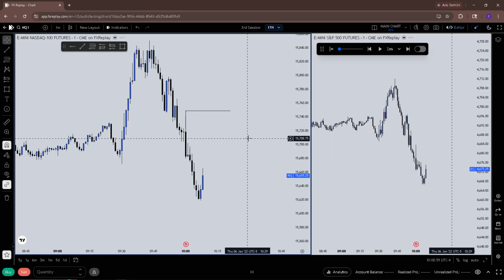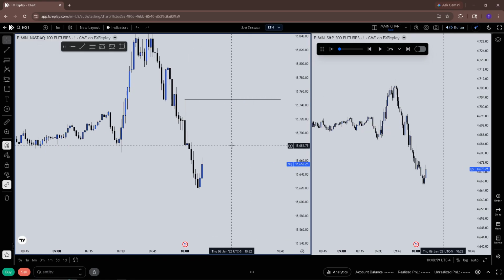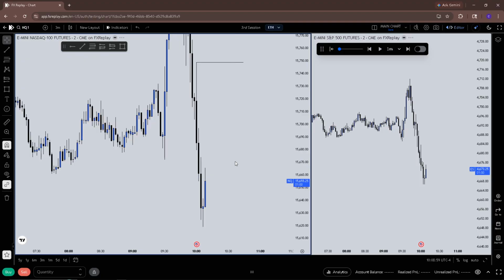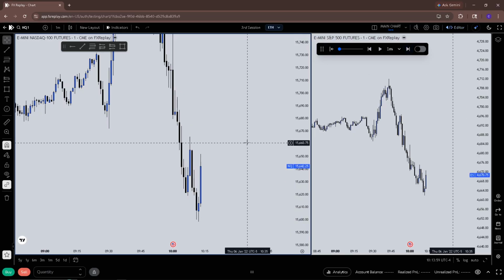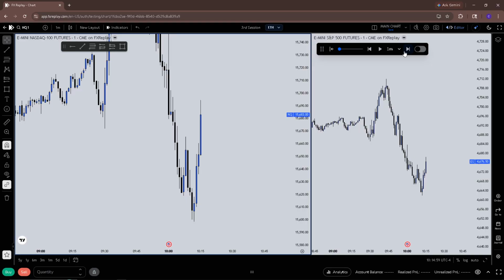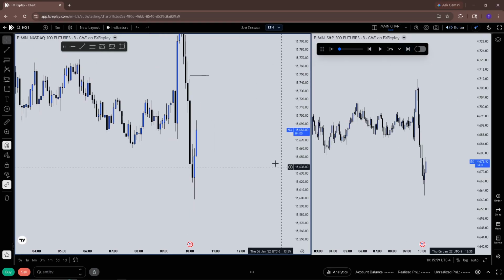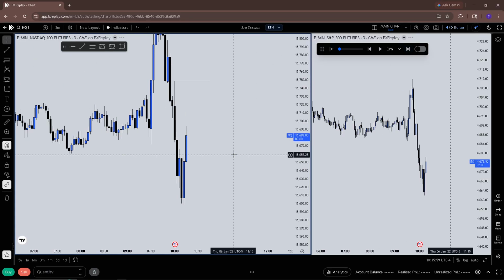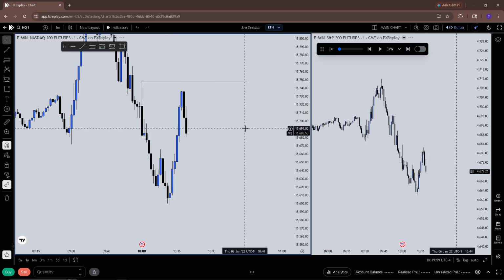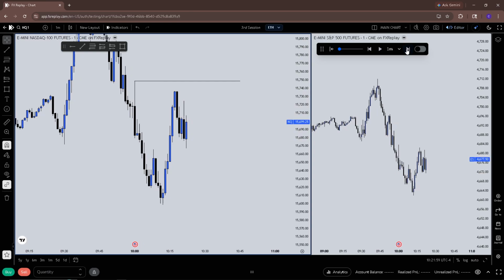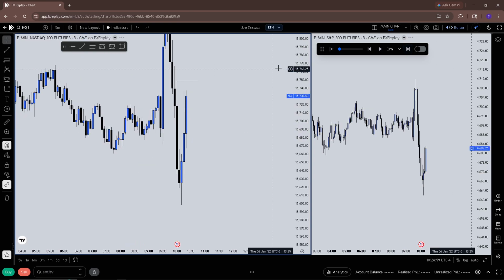Maybe we come up for this little data wick that we left behind. See this 2-minute? Nah, 2-minute rejects. Five-minute rejects.